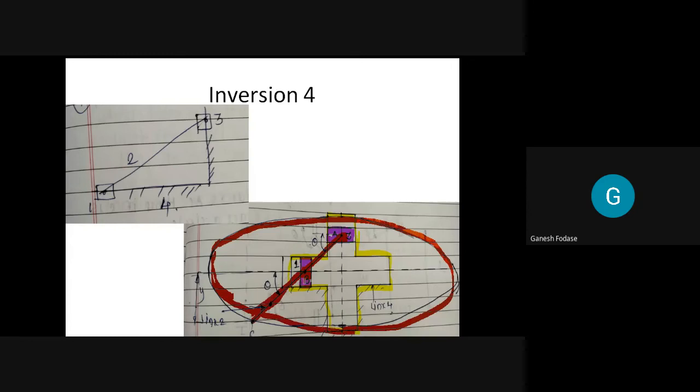Okay, what I want to explain to you is the path of this tracer point that we consider. Let's say I consider point C here. We can consider any other point that will trace an ellipse. As the point on that link will trace an ellipse, this mechanism is called the elliptical trammel. Here, why is it elliptical trammel?